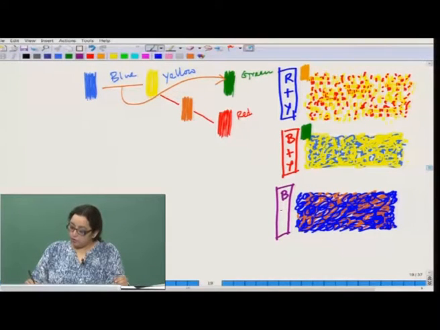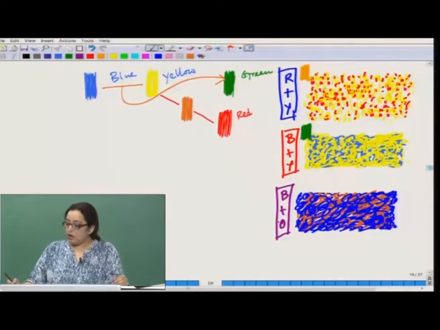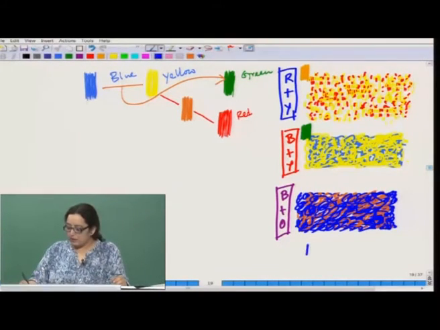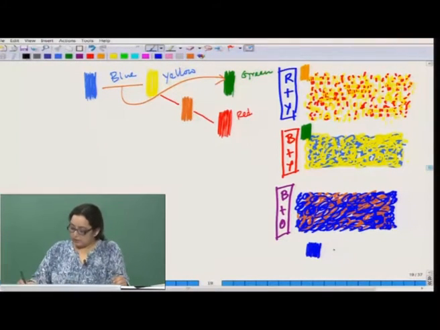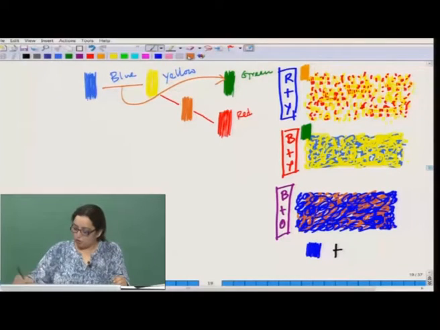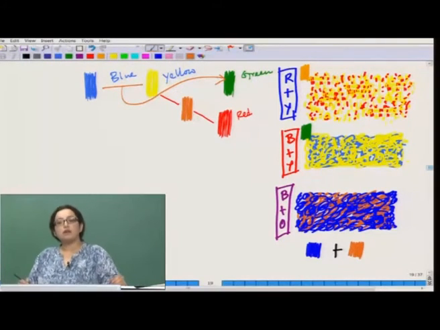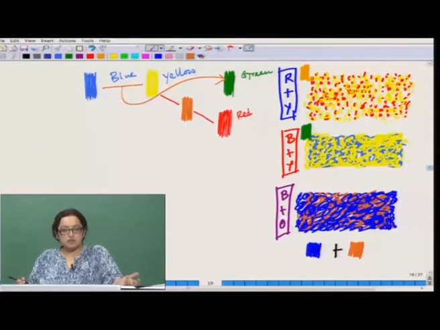But when you have another combination like blue plus orange, it won't give us any sensation of any other color, because if we mix blue with orange, what we get is not any definite color. It is neither a primary color nor a secondary color, it is not even a tertiary color.